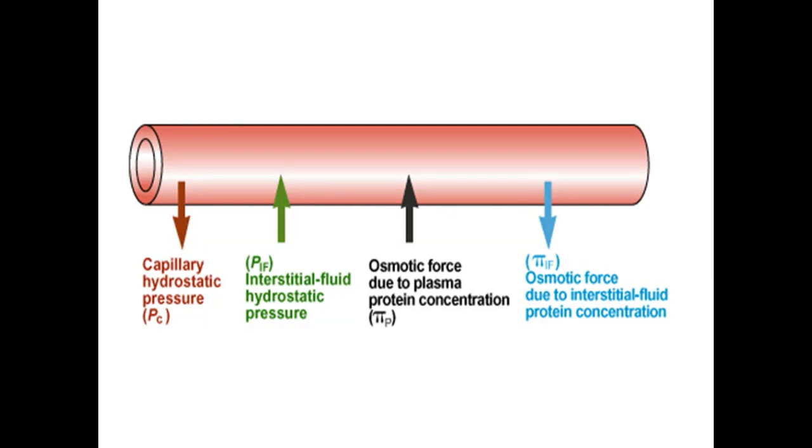So here, so that I can explain it clearly, we have this capillary, where we expect blood to move from this side to this side. We expect this here to be the arterial end, and this is the venous end, and here we have our capillary. So as blood approaches the capillary from the arterial end, there will be much force of blood from the heart, which will tend to push fluid away from the capillary into the interstitial space. So this fluid will be pushed as a result of hydrostatic pressure.